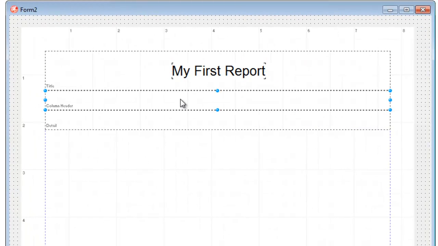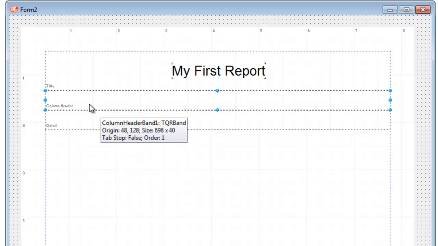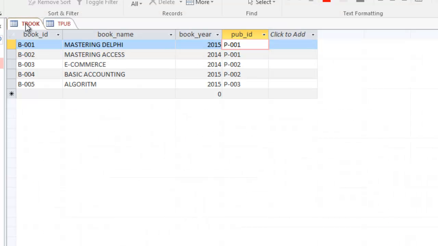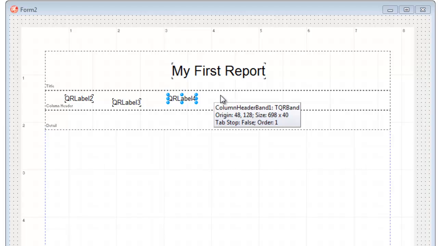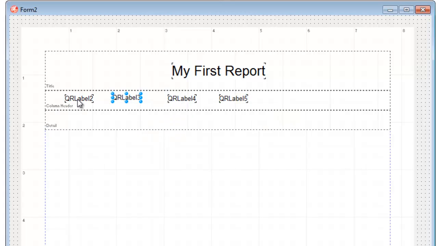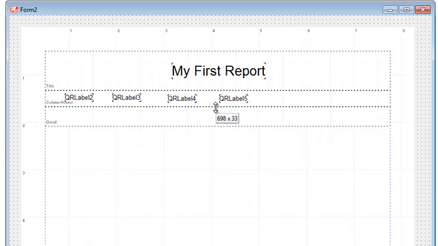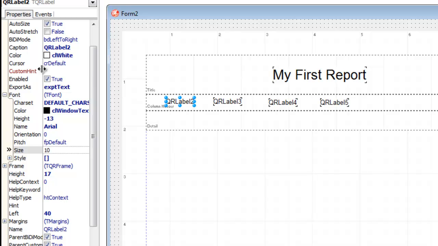The column header is where the column names appear. Right here we have book ID, book name, book year, and pub ID. So here we place more quick report labels, yes, we have 4. I'm going to reduce the size, and then change the names.